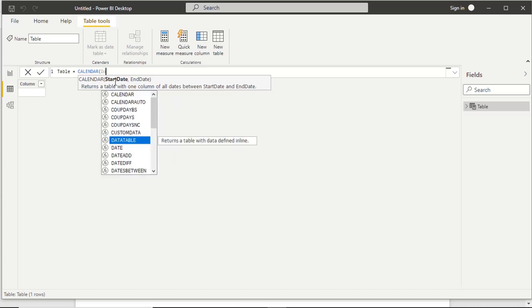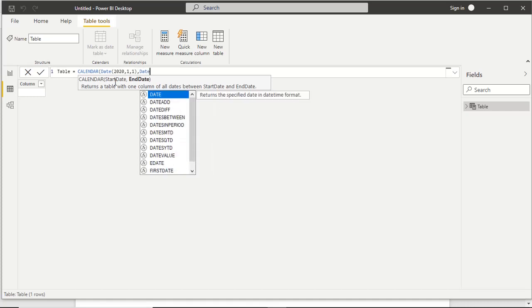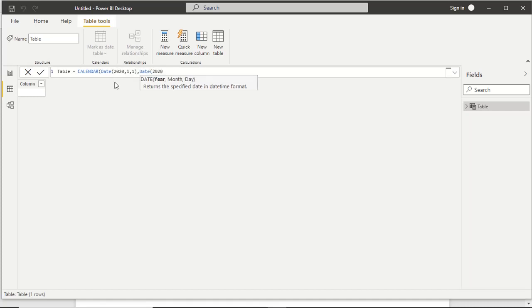Date, 2020 year, then 1, first month and first date, comma, second parameter, 2020, then second month, 28 days. So we are creating the range for the 2 months.